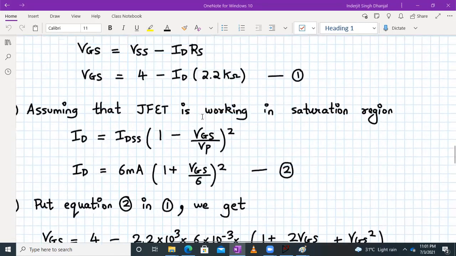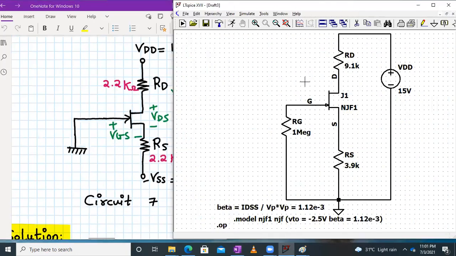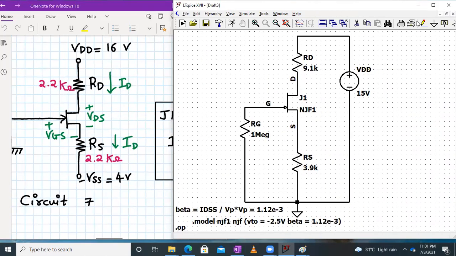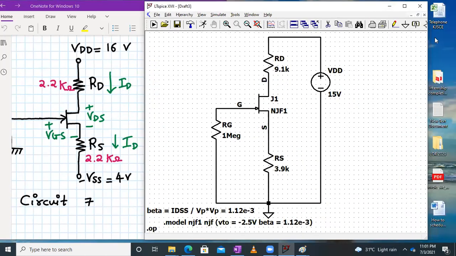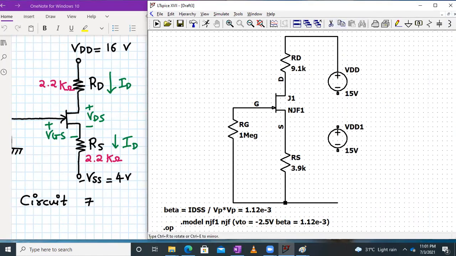Now let's try to build a circuit quickly in LTSpice and find out the results. So over here, we require one more supply voltage. So what we do is go to the library and select one more component. First of all, we'll delete this thing. So we have to connect one more supply voltage. So I click on the component, I can copy this. Yeah, so one more supply voltage has been added.